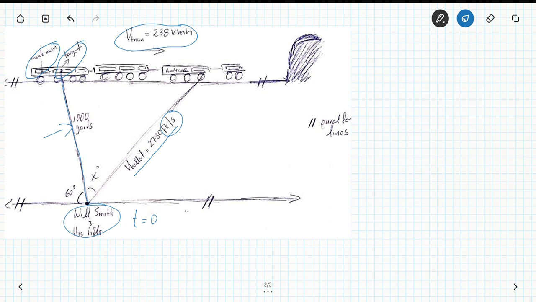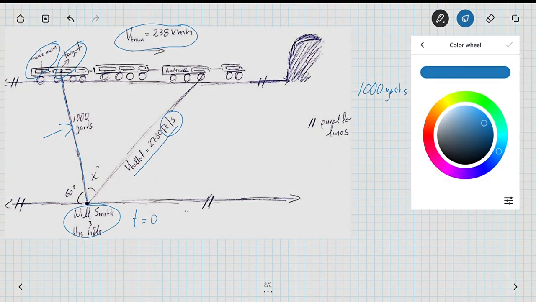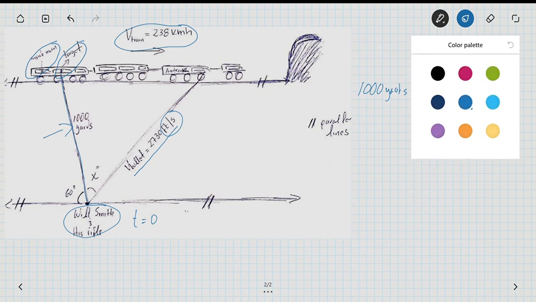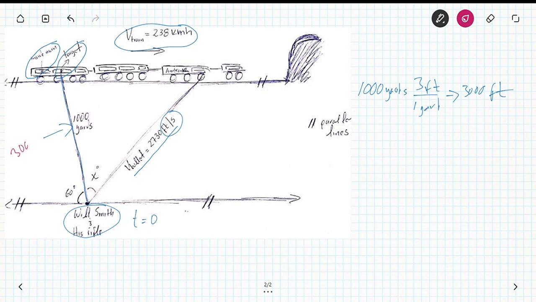So let's go ahead and change this 1,000 yards into feet. So 1,000 yards, I'm going to get rid of that unit. So 1 yard has 3 feet. So in total, we're going to have 3,000 feet. Okay, so let's change that 1,000 to 3,000 feet. Alright,